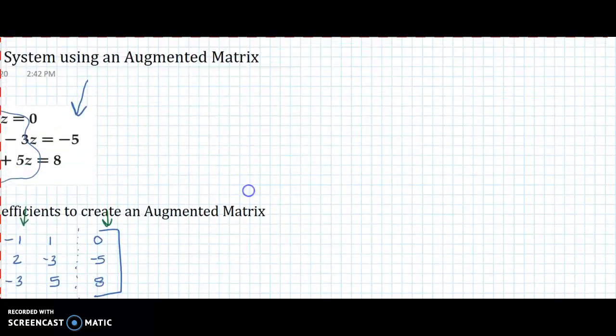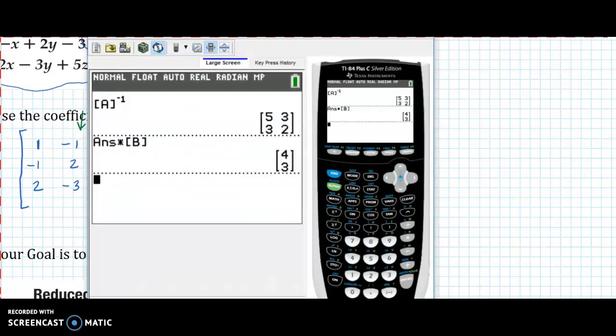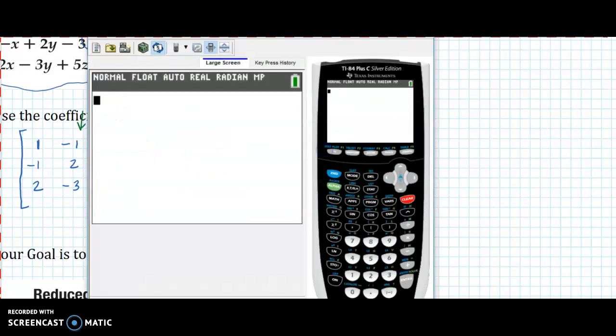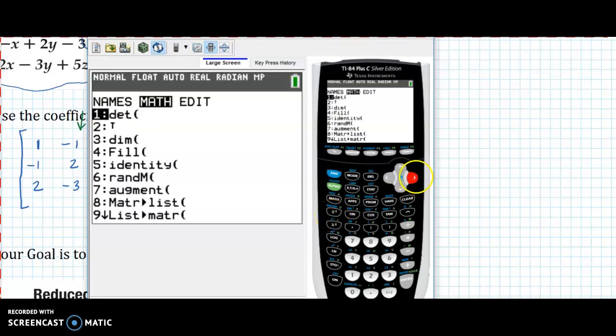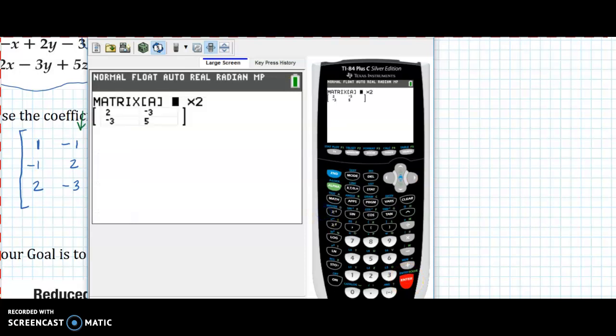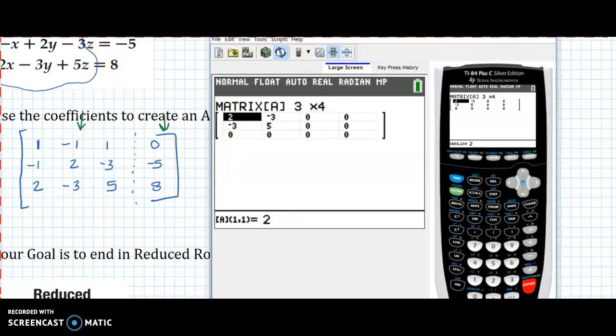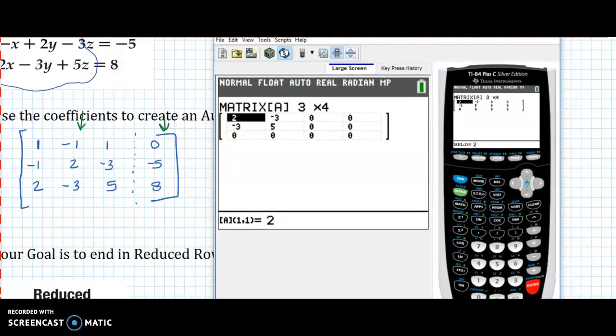So let's go back to the top, and I'll show you how to put in this matrix and do the reduced row echelon in your calculator. So you're going to go to the second matrix menu. Whoops, second matrix. You're going to go over to edit. You can edit any one you want. I'll just edit the first one. You need to change the dimensions. This is a 3 by 4. And just like before, slide this over a little bit. Just like before, you want to punch in